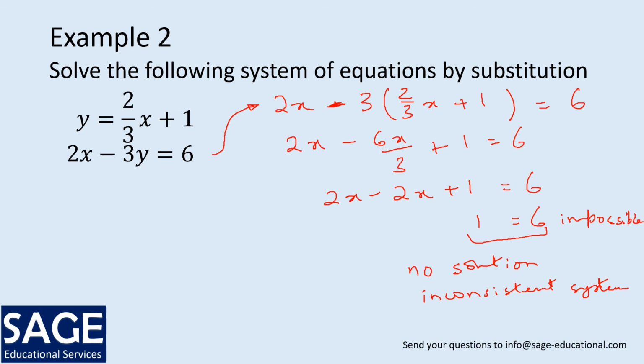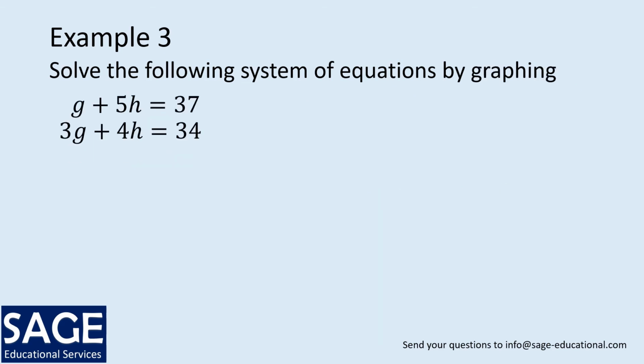And graphically, what does this represent? This system represents two parallel lines. So the two lines, or the two equations which are given, represent lines which are parallel to each other. So here's another example, and what I can do is take this first equation